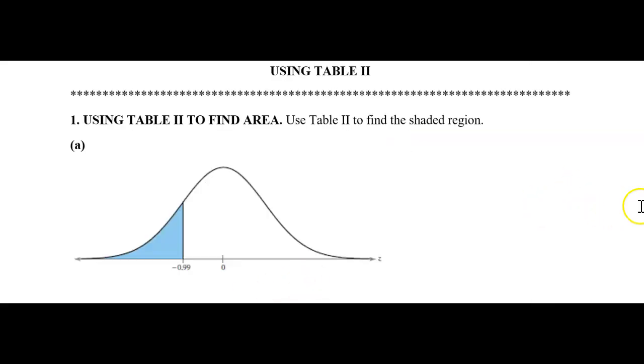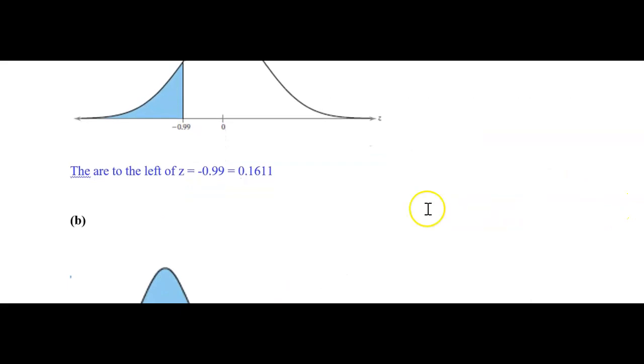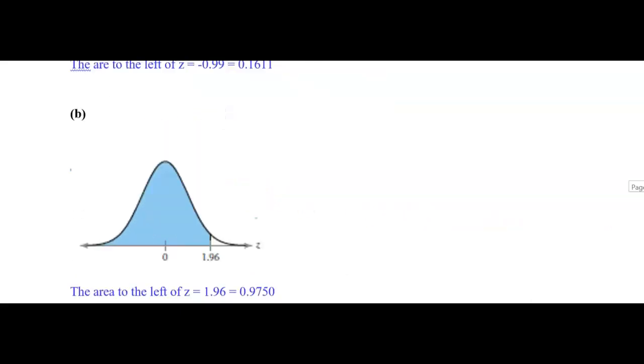Negative 0.9, then 0, 1, 2, 3, 4, 5, 6, 7, 8, 9. It's 1611. The area to the left of negative 0.99 is 0.1611, right? So we have B,